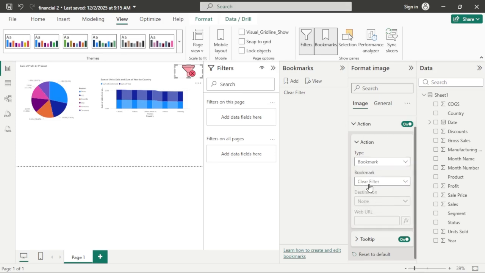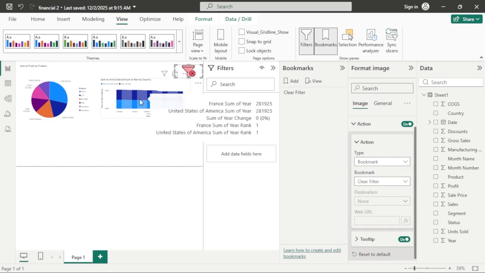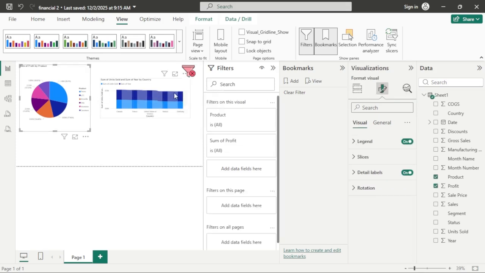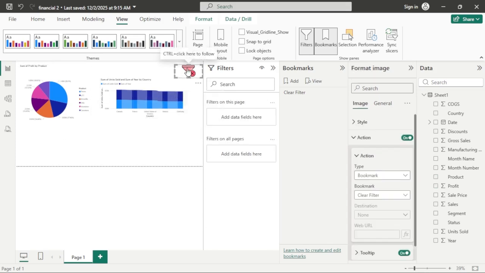Next, test the filter clearing functionality. 1. Apply filters. Apply one or more filters to your report. 2. Activate. To test, control-click the image icon you just linked. 3. Verify. All filters on the page should be instantly removed, returning the dashboard to the clean state captured by